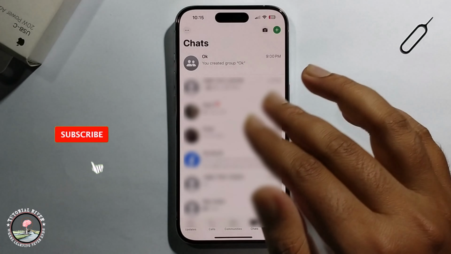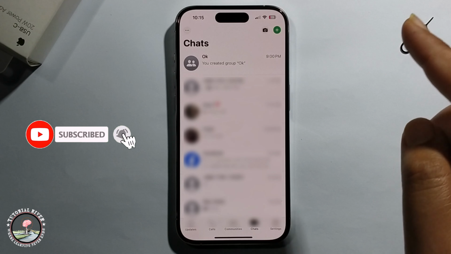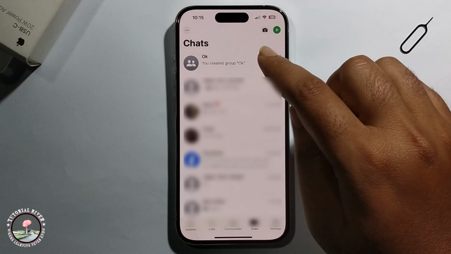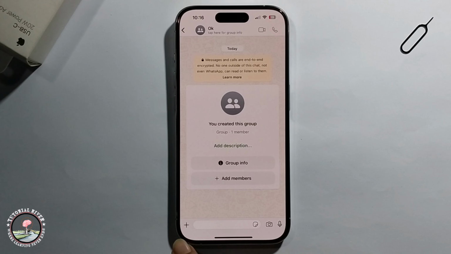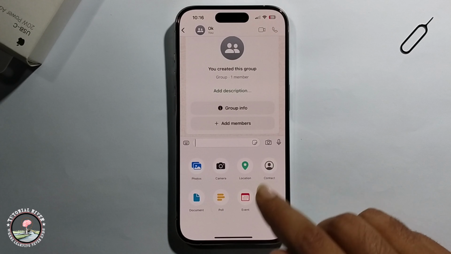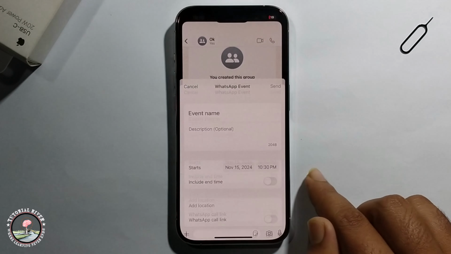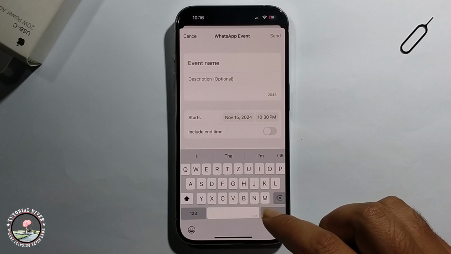Now I have already updated my WhatsApp, and at first, select a group. Okay, this is my group. Click on the plus option and then you will see the event option, just click on it. Write the event name,